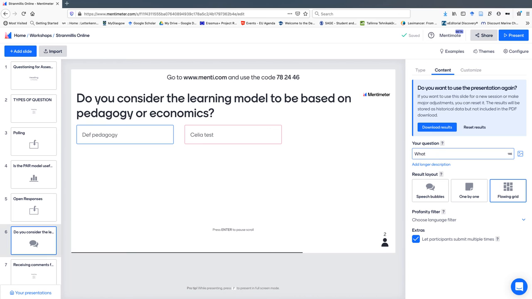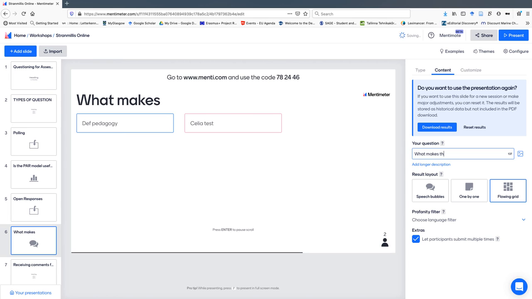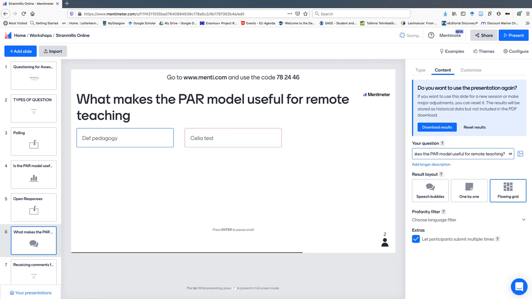So what makes the PAR model useful for, oh sorry, that's my bad typing again, useful for remote teaching? So now the respondent has to think about, well, what is it that makes it so